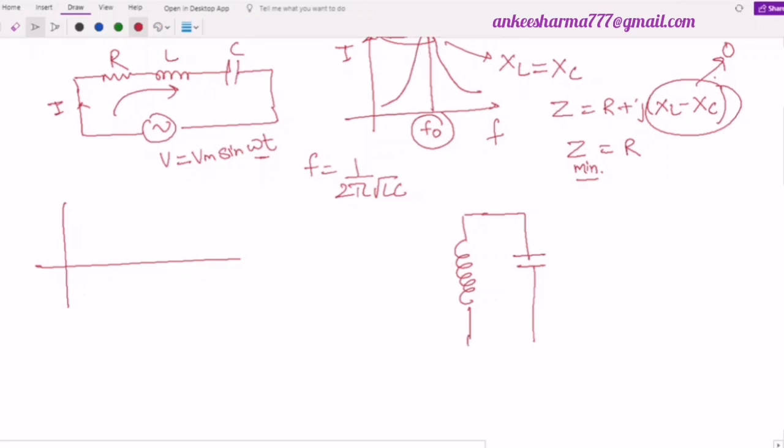So this is a tank circuit. What is a tank circuit? It is nothing but a parallel combination of L and C. Now, in the tank circuit, I assume that this is a capacitor with a value C and this is an inductor with a value L, and I also assume that in the starting this capacitor is totally charged to some voltage V. If I assume here a switch, in the initial stage this switch is open, and in the second part I say that now I'm going to close this switch.